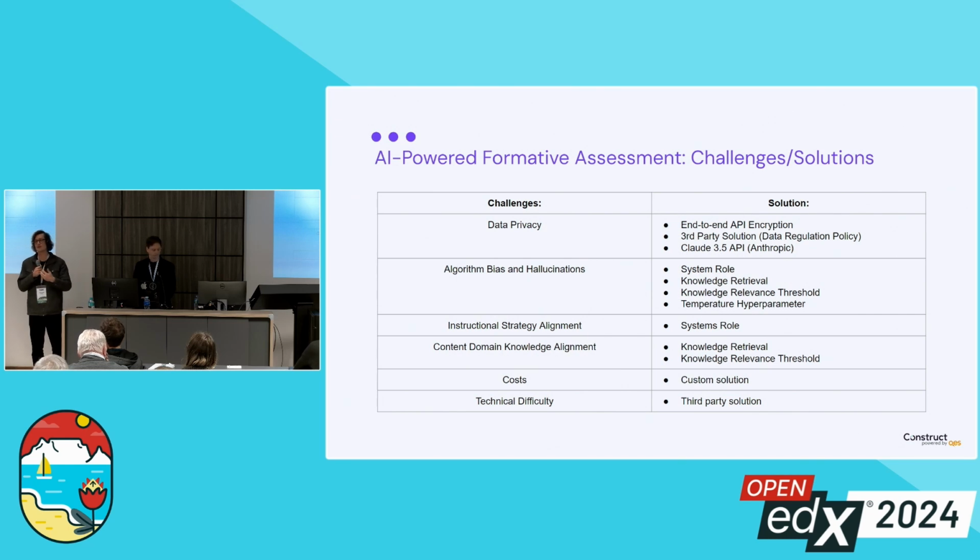Hallucinations refer to the fact that AI algorithms can sometimes generate content that is non-factual, that is incorrect, that isn't justified by empirical reasoning or through inductive inferences. So this can also be combated through configuring a systems role with the correct answer, also by adding databases with the targeted content that forms part of a curriculum.